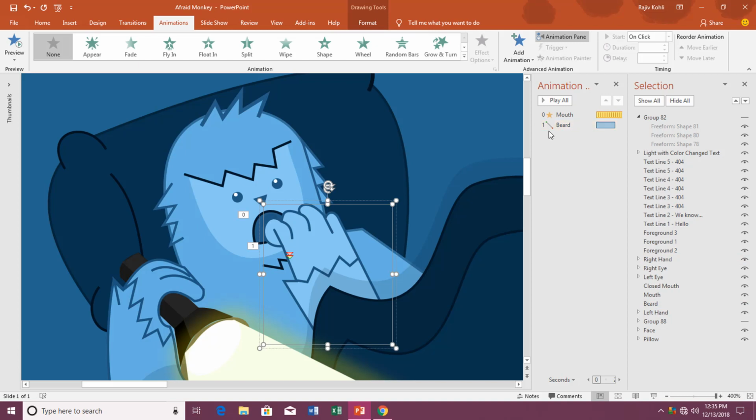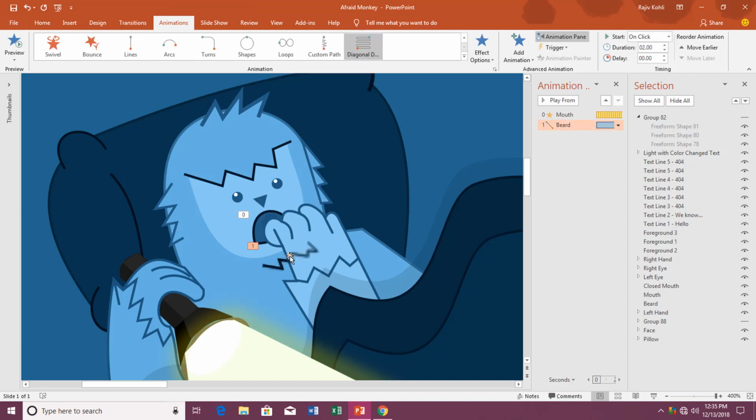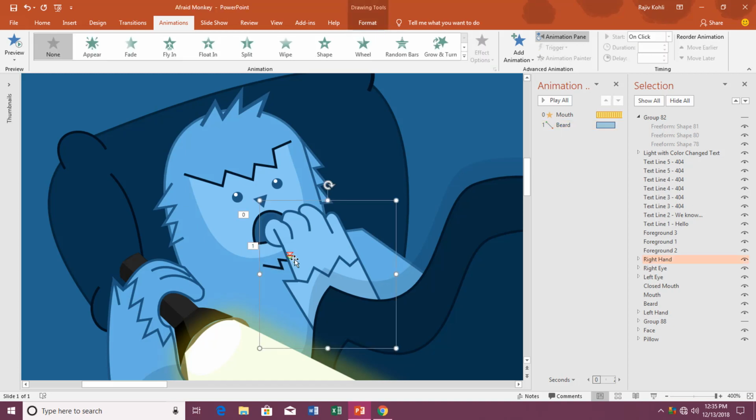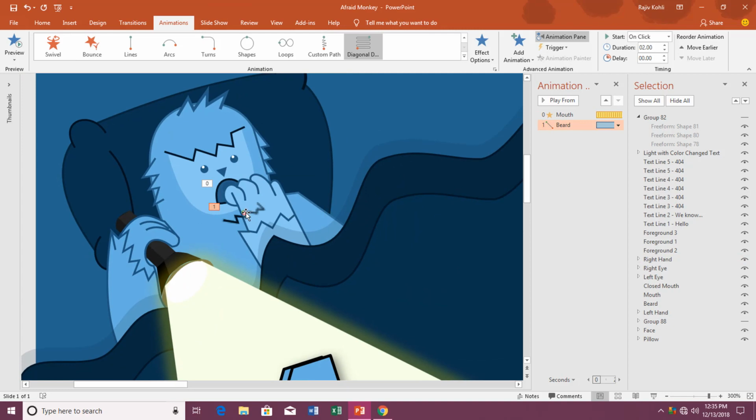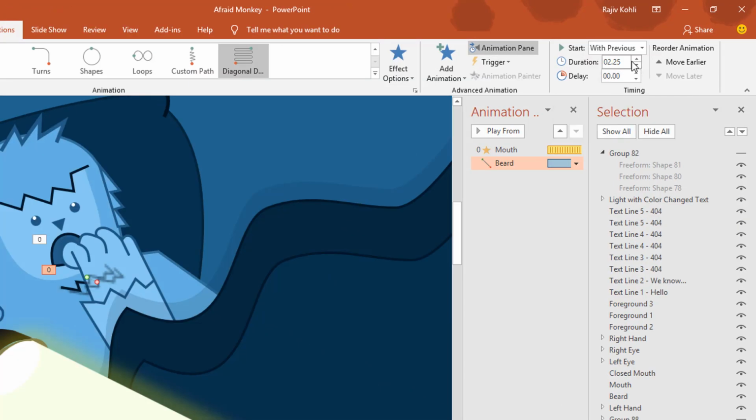So you can select the animation from the animation pane. Okay, a little bit down, just right here. That's fine. Set it to play with previous, and for duration that will have the same duration of 0.10 seconds without any delay timing.